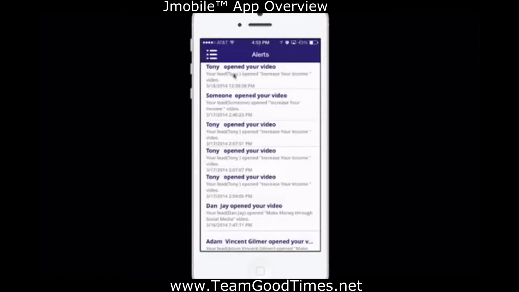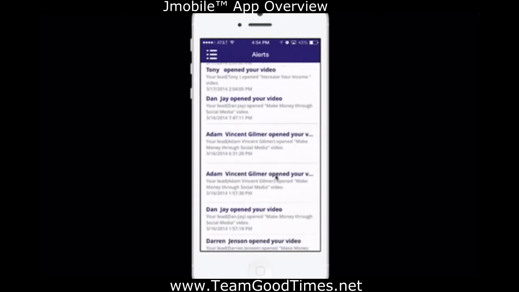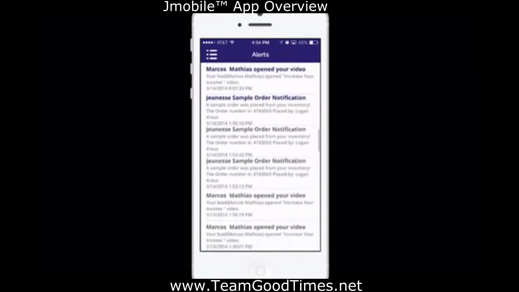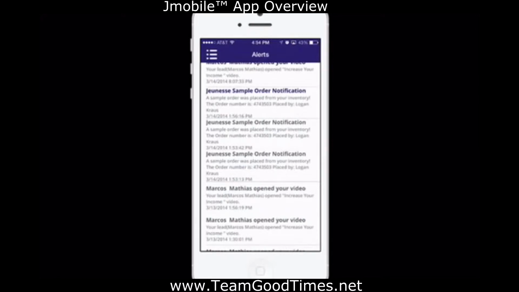after we had sent out SMS campaigns, they're tracked by special links that are exclusive just to us. And so I'm able to see when someone clicks on them, if they've opened them, how much they've watched of them. I'm also able to give away samples. If I have samples in my back office, I'm able to use that through my mobile device. When I text someone a video about how to make money using social media, they're able to sample our Luminous